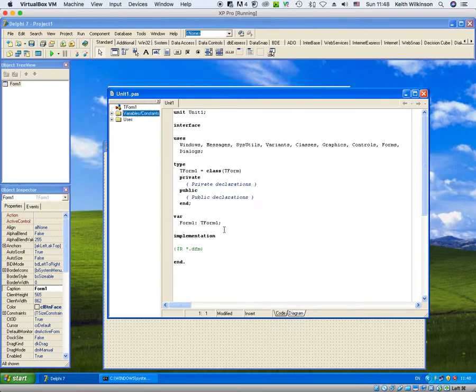Now, although we don't have the begin and end at the moment for a blank file, we can see that it's got some words: unit, interface, uses, type, var, which we'll come to, implementation, and end. So this is the start up here, and this is our end, and notice it's got a full stop. That is a blank